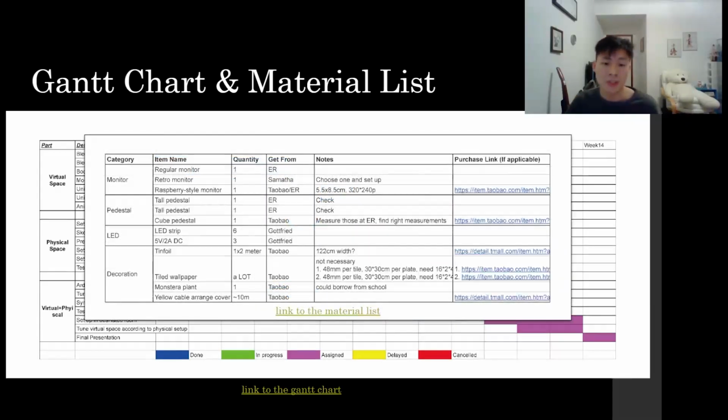Lastly, let me show you the material list I've been preparing. So the big things this project needs will be 3 monitors: 1 regular monitor, 1 retro style monitor, and 1 Raspberry style monitor, which is just a small screen. And then there will be 3 pedestals and LEDs and decorations. The decorations will include tin foils,